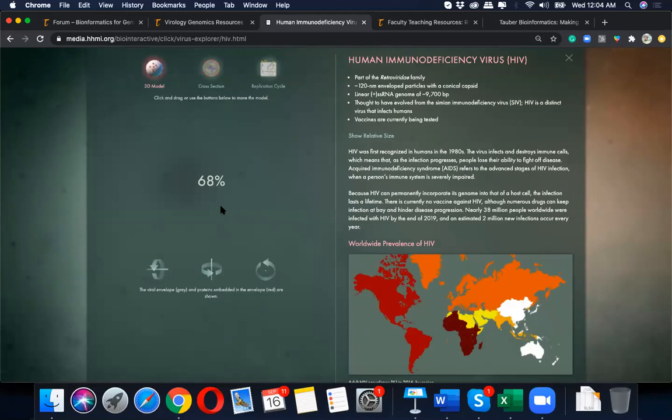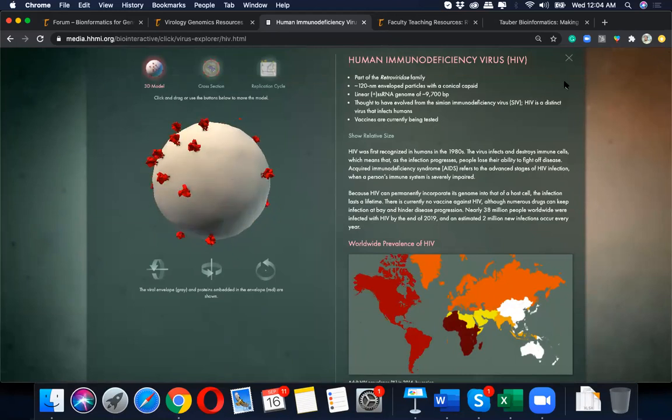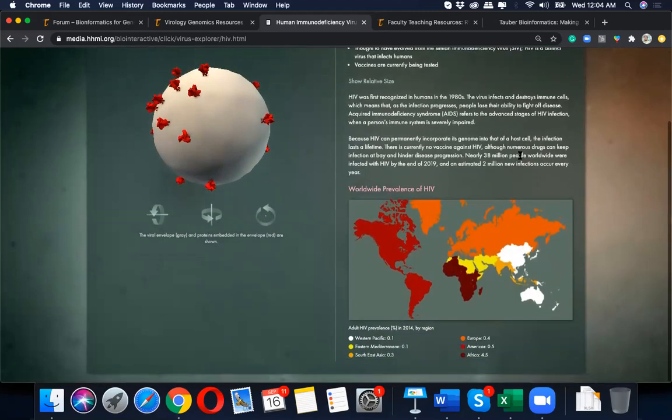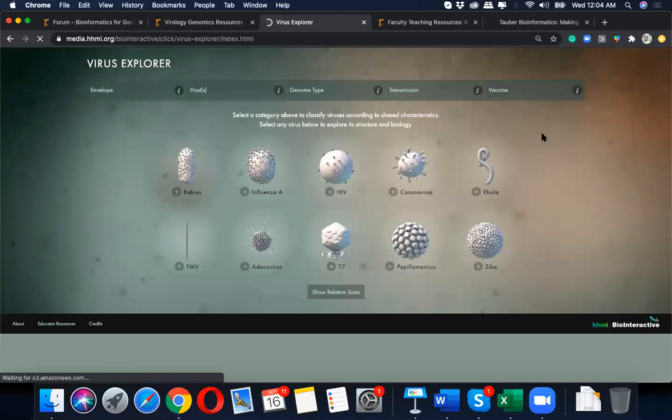I mean, not the structure, but the entire structure of the virus, whatever is known. So it's a very interactive kind of place to learn about the viruses. So you also have Ebola here, right?